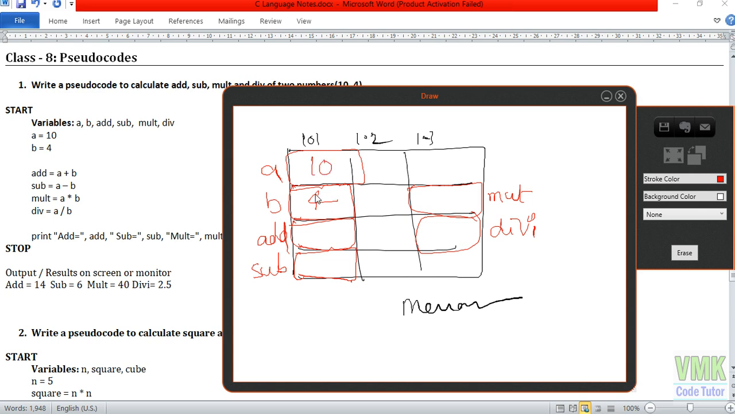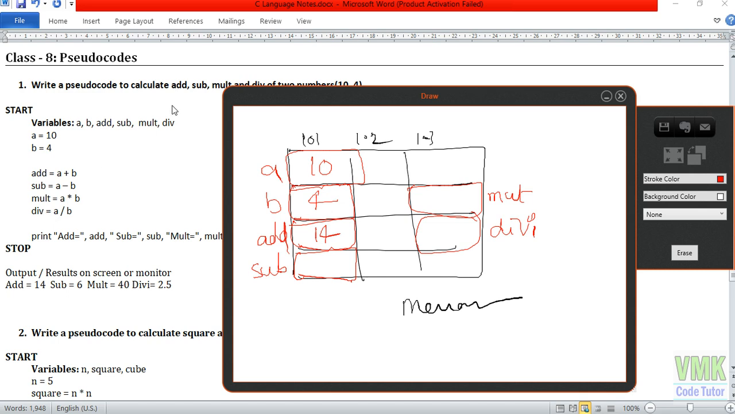So A is 10, B is 4, 10 plus 4 is 14. 14 stores into what? Add variable. Therefore add variable is equal to 14. Okay, similarly A minus B stores into sub variable, A multiplied by B stores into multiplication, A divided by B stores